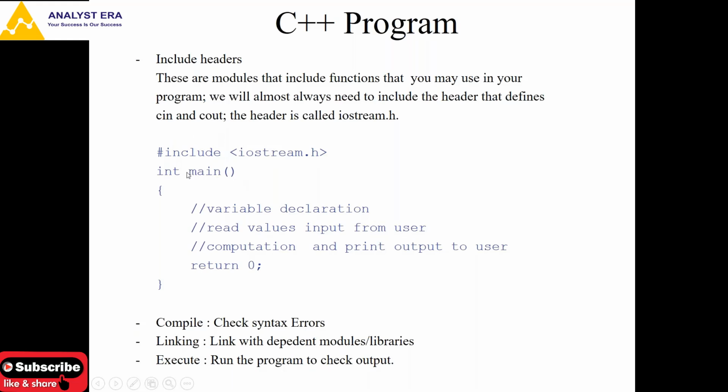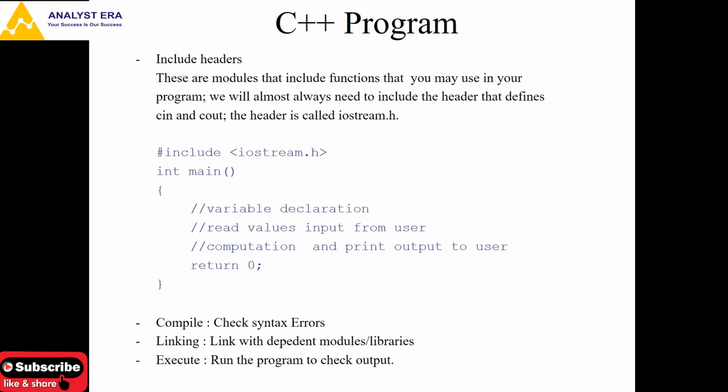Then int main is nothing but the main function, which is the entry point for any C++ program. Inside the curly braces of the main function, we write all the complete code we want to implement.